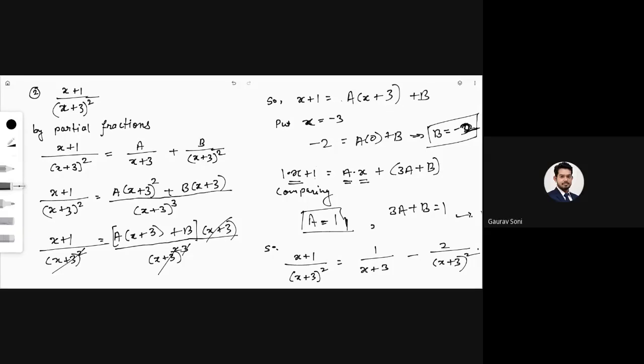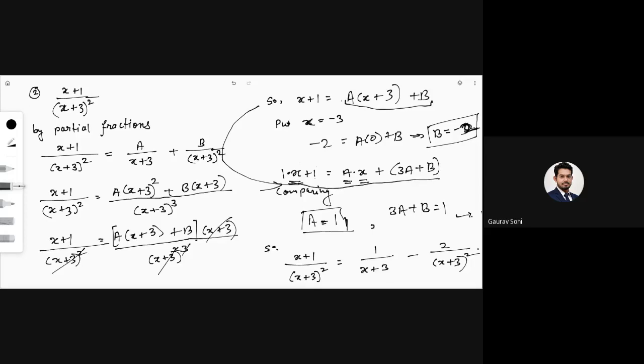Excuse me, sir. Yes. Can you explain once again how we got the value of A? You look at the coefficients of x on both the sides. Look, you just look from this to this equation. What I have done is I've simplified the right hand side of the first equation. Okay, so I've got this equation. You have understood up to this how I got this equation.